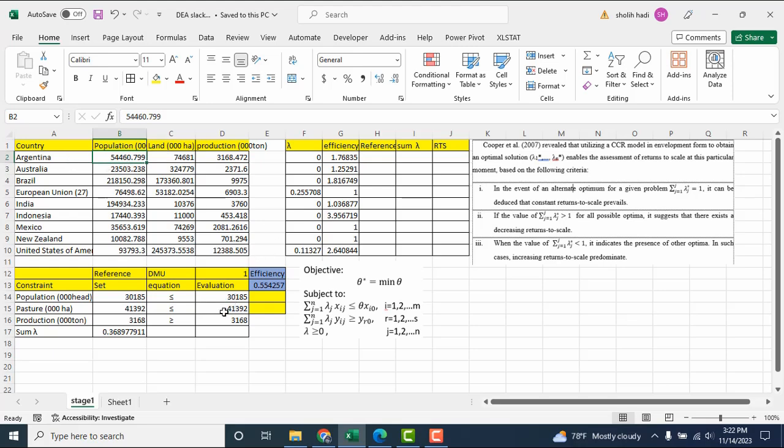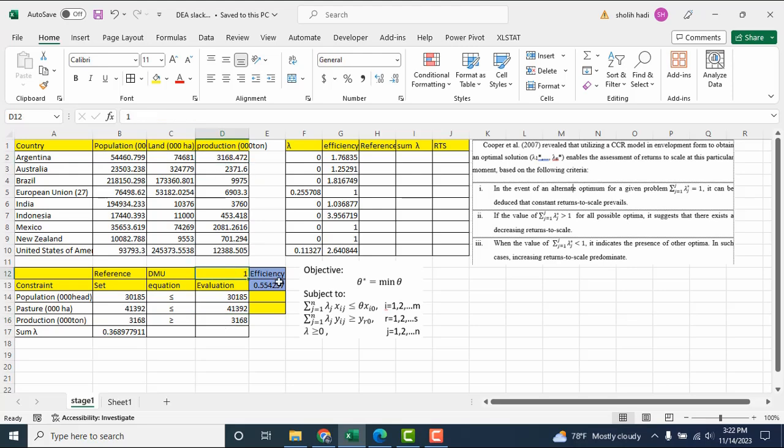In a similar way, this is for pasture also. The theta here is multiplied by the land for the DMU under evaluation. And for the production, the reference set should be greater than or equal to the production for the DMU under evaluation.